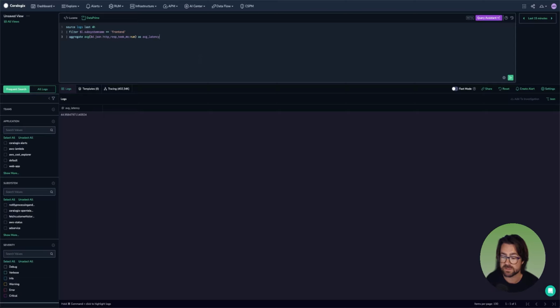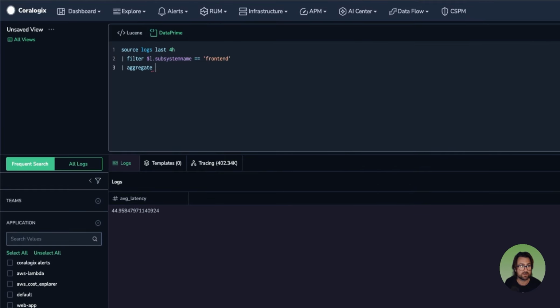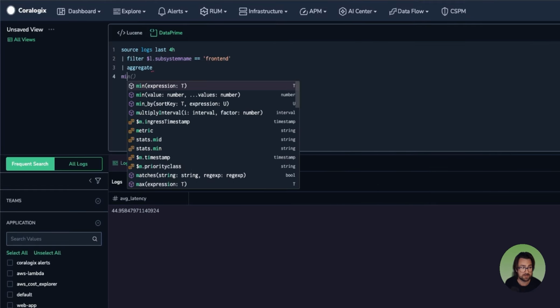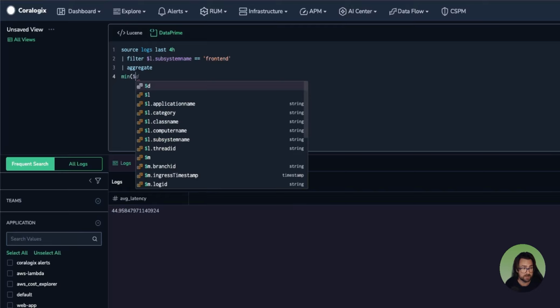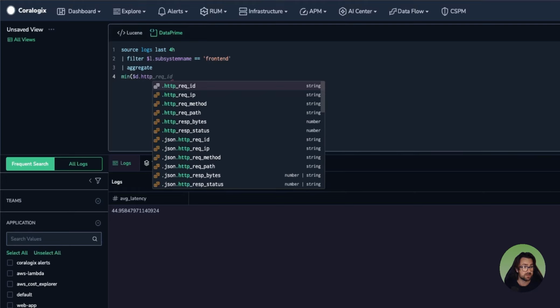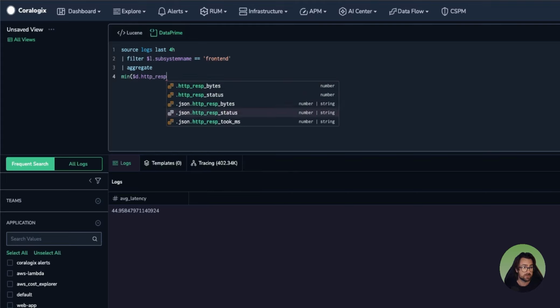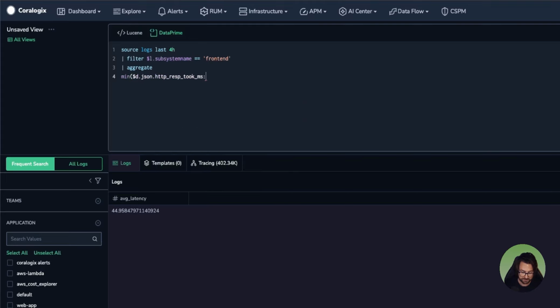Let's look at some statistical functions. And we can use min and max for range analysis. So sticking on the front end, keep aggregation there. We can go new line. Let's go min. And let's find out our minimum response time. So $D, HTTP response. There we go. Set that as a number, as fastest,